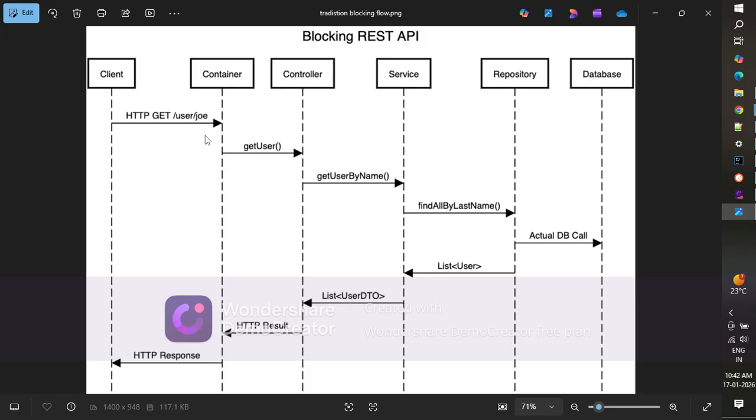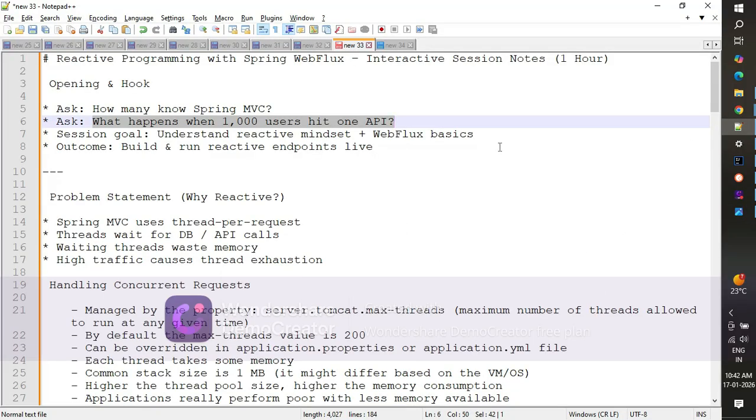If you have more than 200 requests at the same time accessing your APIs, this case happens when you are throwing something like 1000 user hits at your API. So in this session, the goal is to understand what reactive programming is and